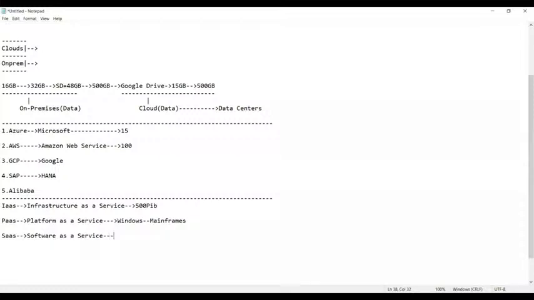Software as a service, what does it do? This is a service which is provided when you require some software to work in your environment, such as some applications. Whenever you require an application on your mobile phone, what do we do, guys? Tell me now. When you require any kind of new application, go to the Play Store and download it.